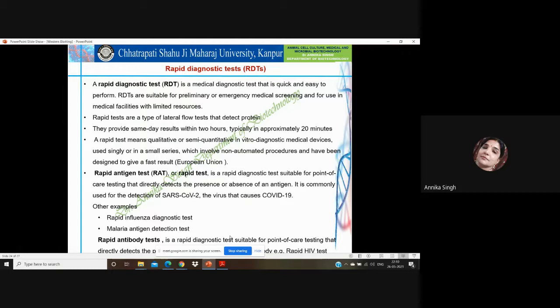This rapid test is quick and easy to perform, and it is generally used for preliminary or emergency medical screening,